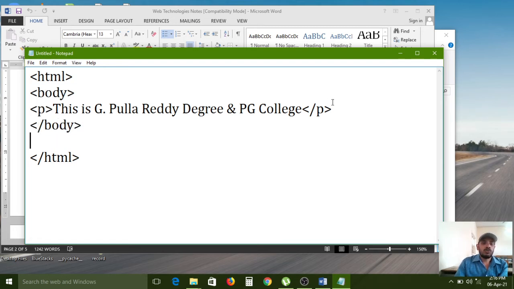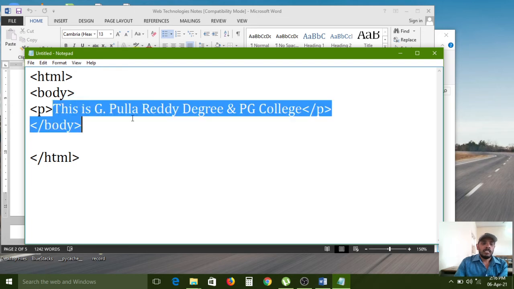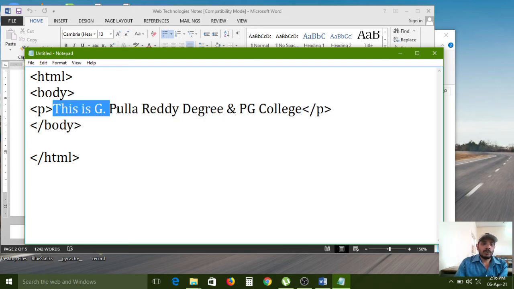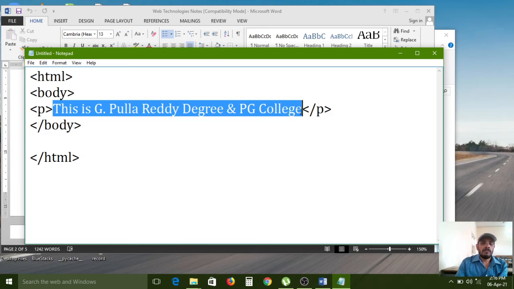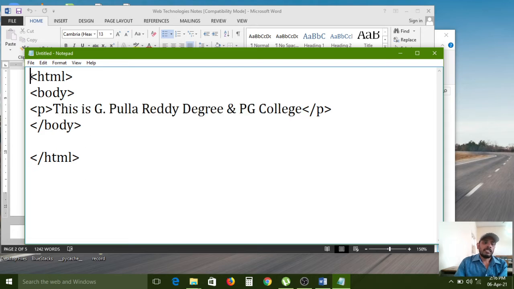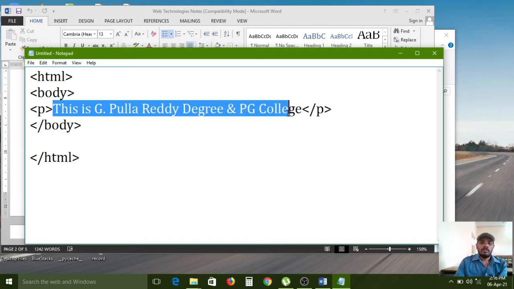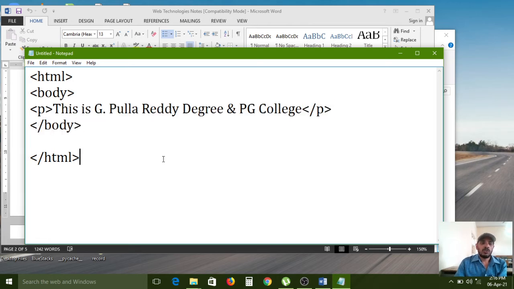Only in between these two tags, whatever text the web developer configured, that text you need to display on the screen. So that information, these tags will give to the browser at execution time. Then immediately the browser can understand all those things are syntaxes. Only this text will be represented on the screen by using this syntax. So all of you carefully observe how it will be represented on the screen.